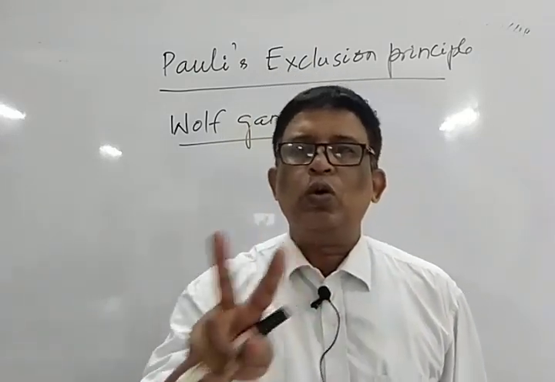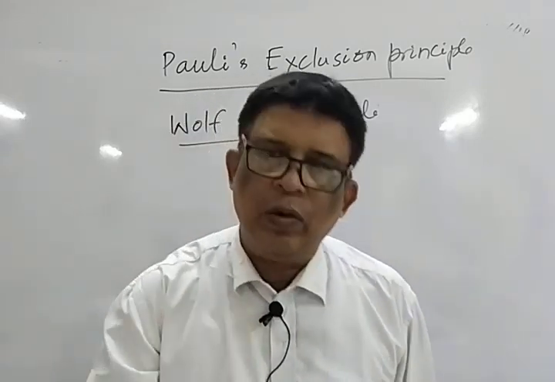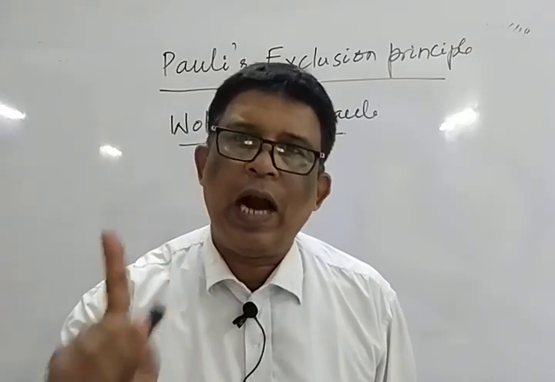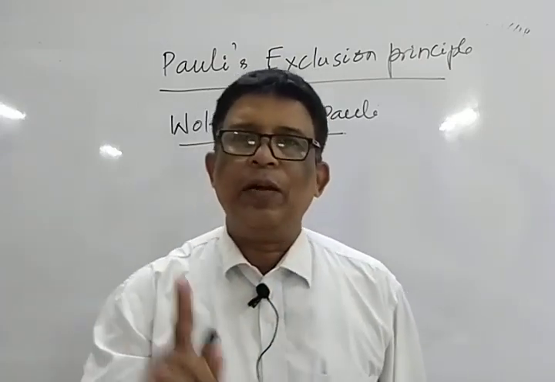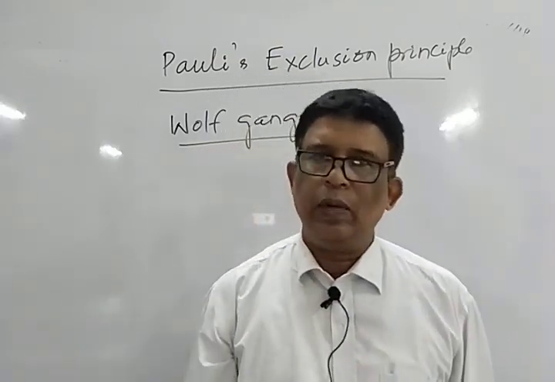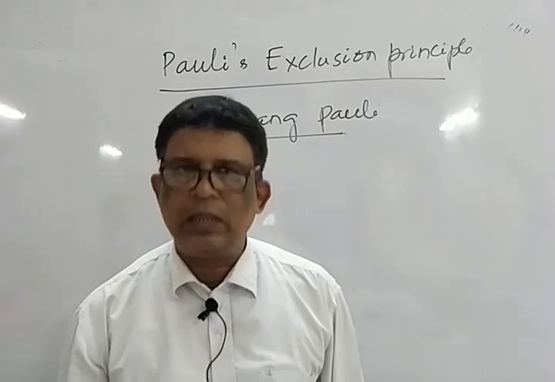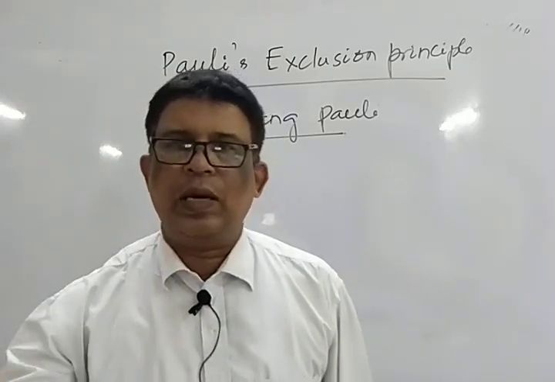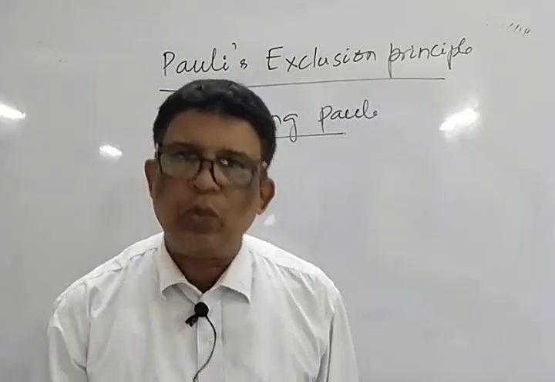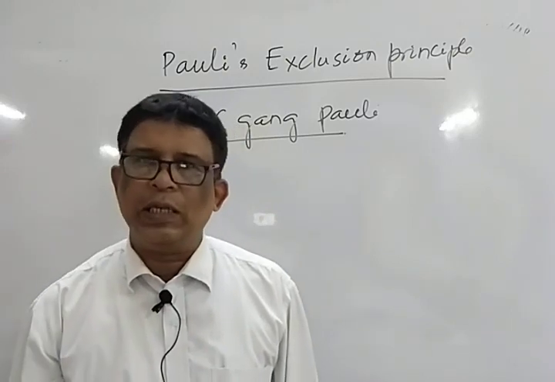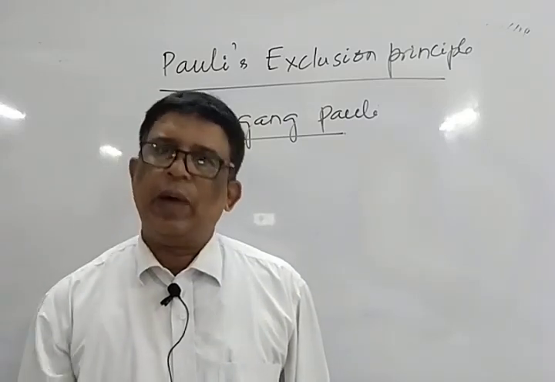Just like no two persons in one home possess the same type of address, one point must be different to identify and locate which one is there. Similarly, this principle says that no two electrons in an atom possess all four quantum numbers the same. A maximum of three quantum numbers may remain the same, but the fourth, the spin quantum number, is always different: plus half for the first electron and minus half for the second.